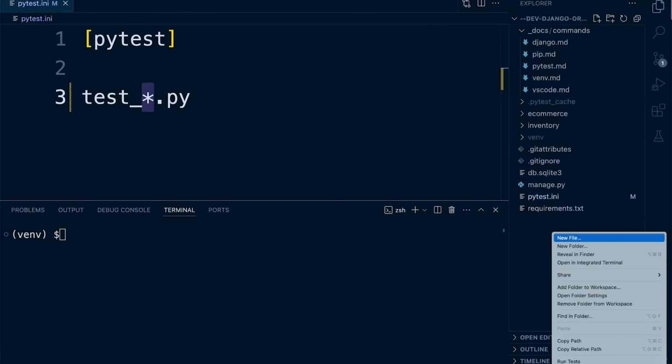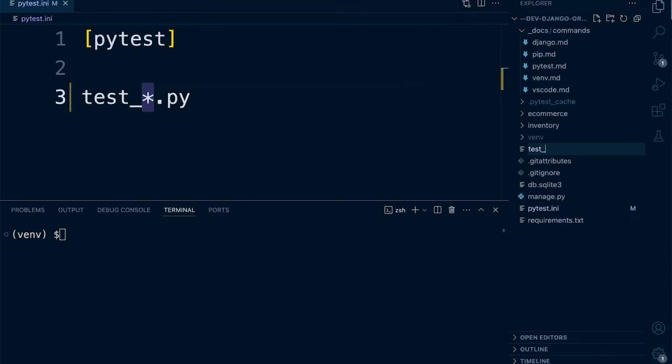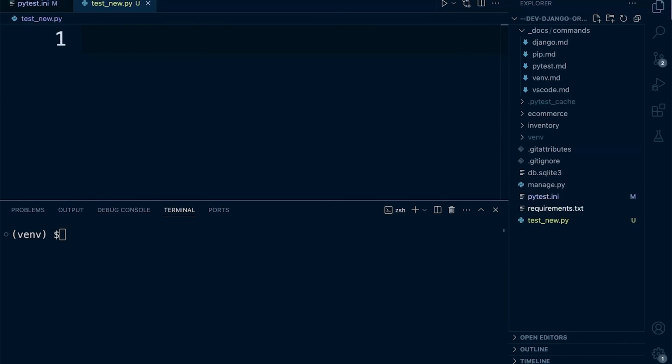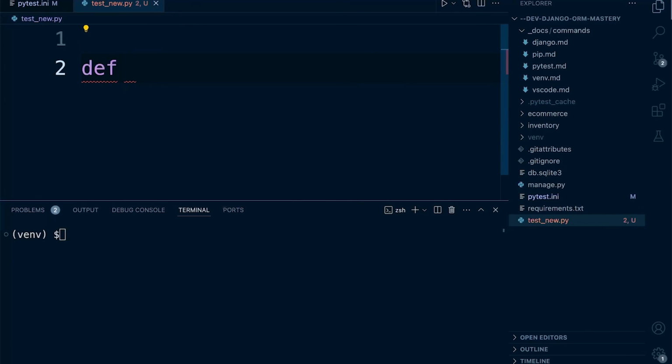So if we were to create a new file here, test underscore, and then let's just give it a name, .py, Pytest is going to find this file because it follows the default naming conventions for files, and then it's going to look inside of this file for any tests. So Pytest will look for functions or classes or methods with specific names. So if we're going to create a test, then we need to follow the, in this case, test function name convention, which requires